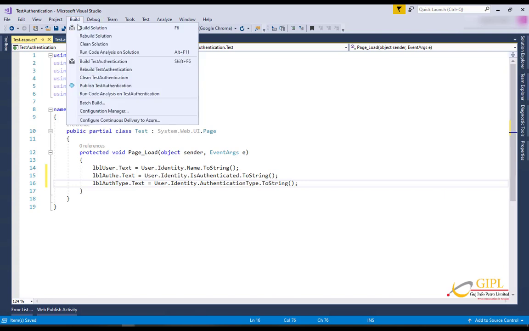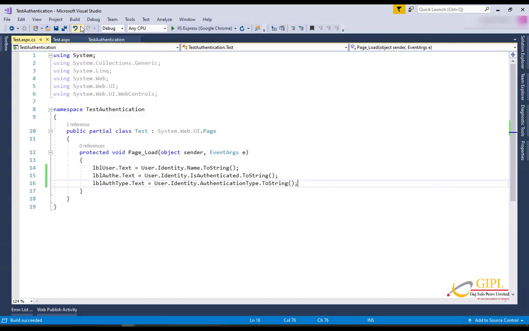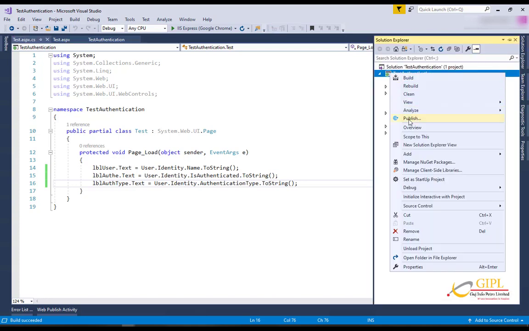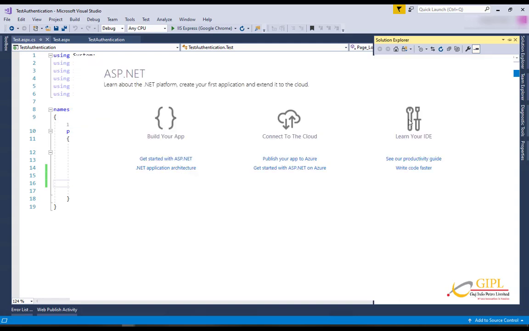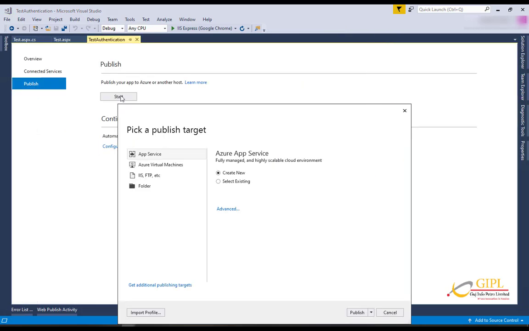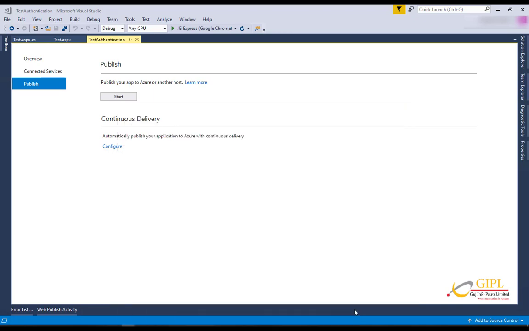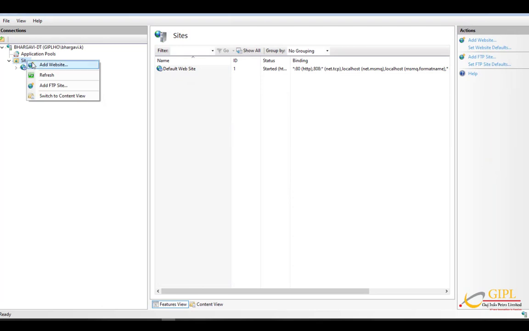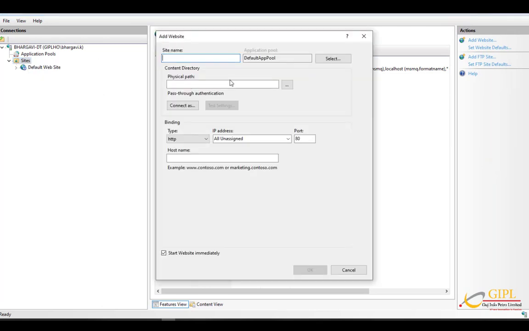Now I will build this project and publish this project in the folder. Now we will configure this project in IIS and name it.